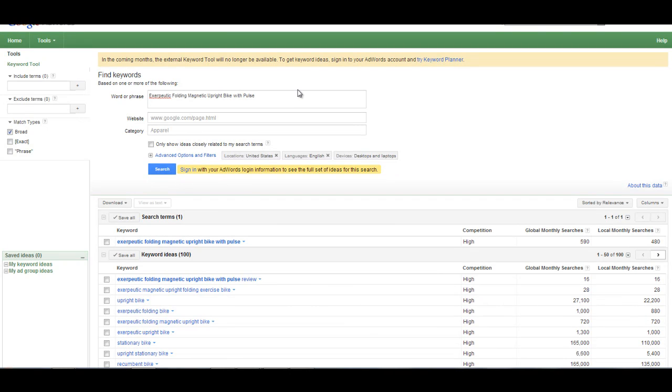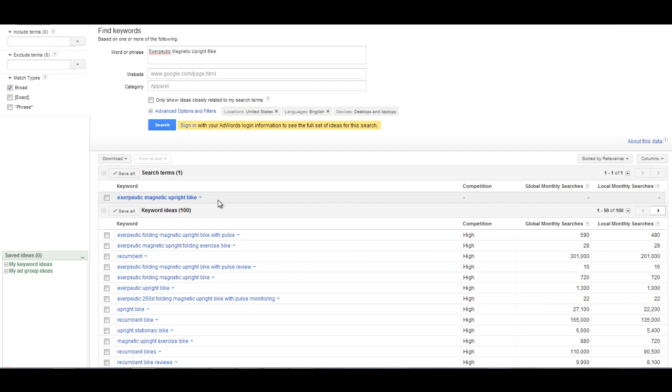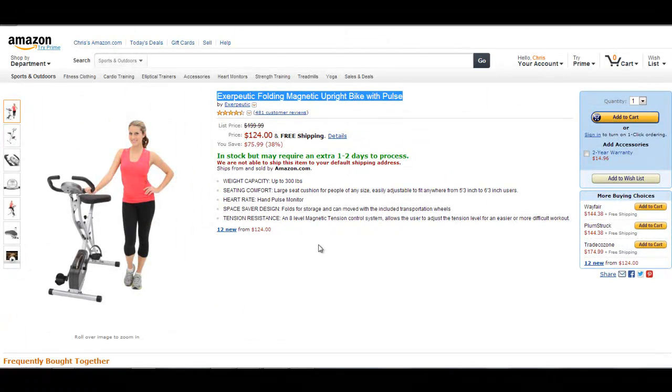And then let's type something in. If I get rid of with pulse, let's try this. Exerputic magnetic upright bike. Nothing came up on that, but you've got there lots of phrases. There you go, 1,300 for Exerputic upright bike, so that would be a very good niche to try. I'll leave the video here, but you can see how quickly it is to pick a niche,